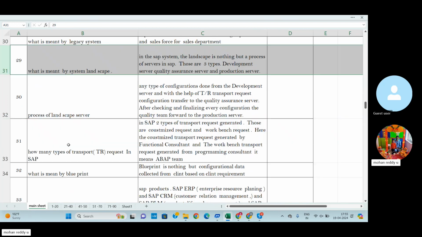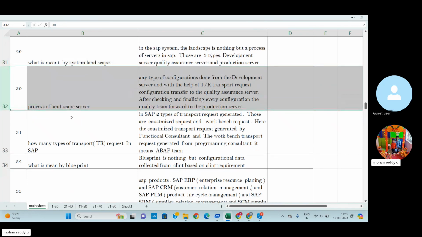So now I am going for the next question. Process of landscape server. Just now I discussed the SAP development server, then the landscape server. So any type of configuration is done in the development server with the help of TR. So in the development server we do all configurations using TR, and the configurations are transferred to the quality server.